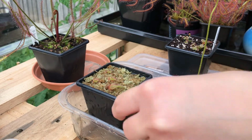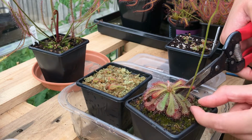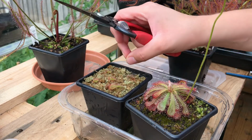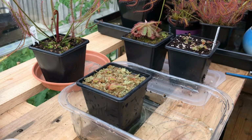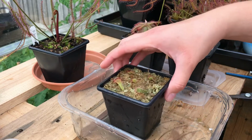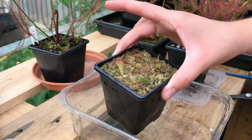So I'll take maybe an older leaf, I'll just move it, and I'll take it from underneath this stalk here, like that, and then place it on the soil. And that's literally for the first one. So this one I'm going to keep in my greenhouse. I'm going to place it in an indirect sunlight place, so I won't keep it on this side. It's got too much strong light. So I'm going to place it on the other side, make sure it's always moist and in indirect light,